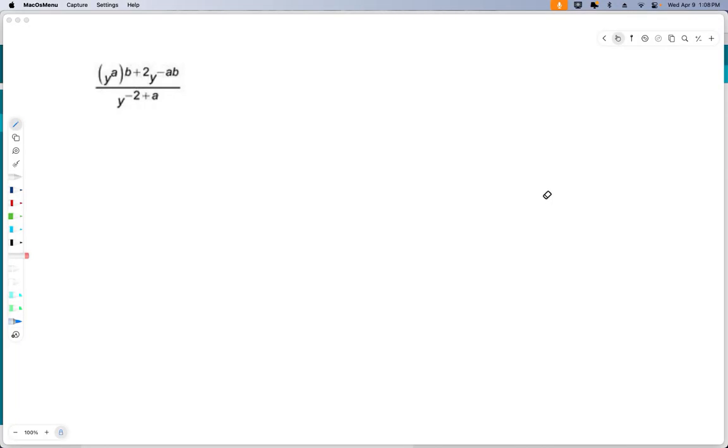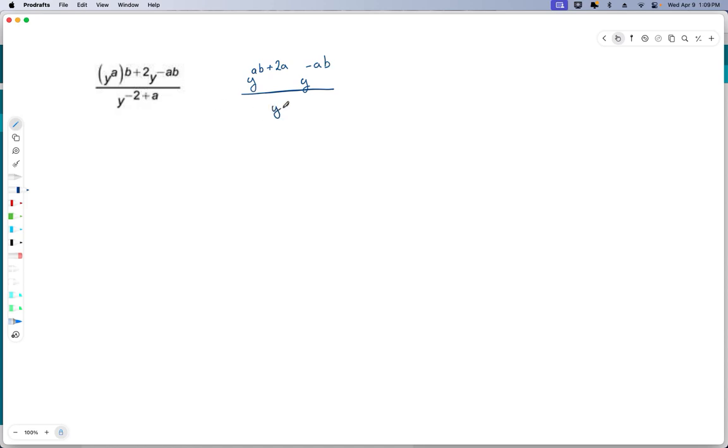So let's look at these problems from lesson 83. So here we've got some distribution that has to happen. So let's do that first to simplify. So we have b plus 2 times a, or y to the a power. So that's going to be y^ab plus 2a. And then we have this other base y here, minus ab, over,